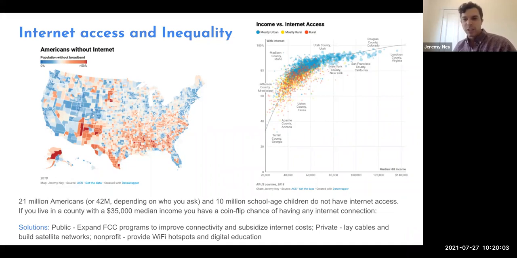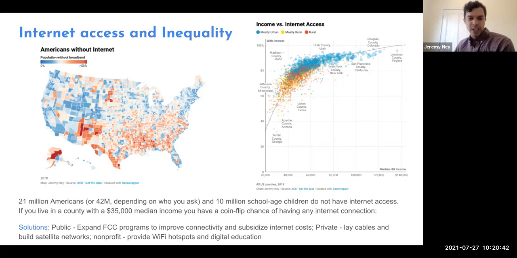So if you are born into a county where the median household income is $35,000, you have a coin flip chance of having any internet connection at all. In a very developed country, you might be born in Telfair County, Georgia, where only 1/3 of the population actually has access to the internet. And this problem, even before COVID times, was really pernicious, but now we see students trying to learn online, access their jobs, access telehealth services, access online government services,